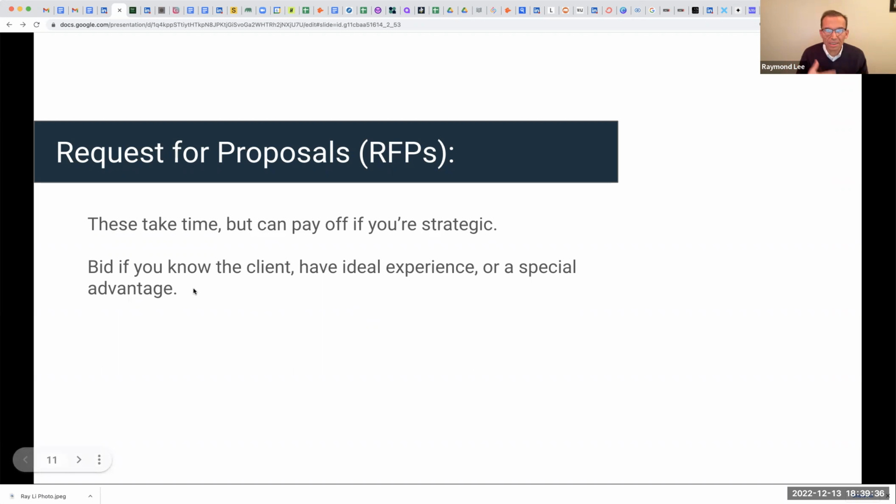You live in their city, so you could do the interviews in person more easily. You don't have to do them remote. Whatever advantage you might have, then it makes sense for you to bid because you're more likely to get the work. If it's just come from a government agency and you have no connection to them, it may not be worth spending a half day on it if you don't think they're going to choose you.